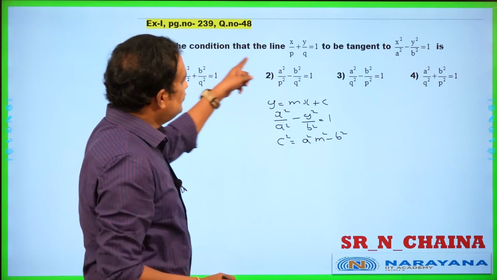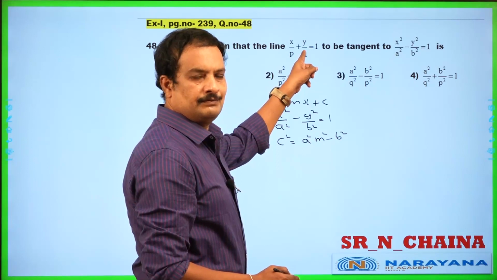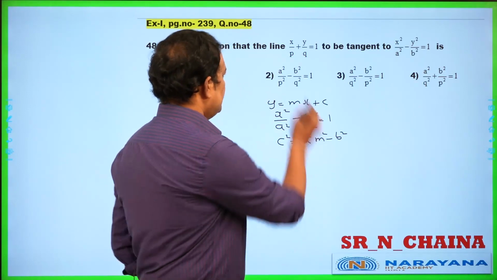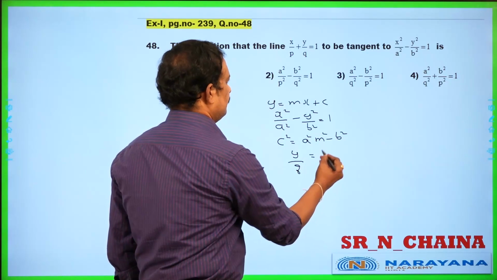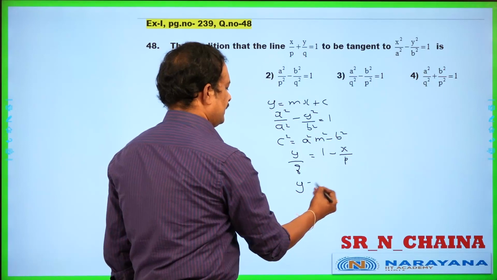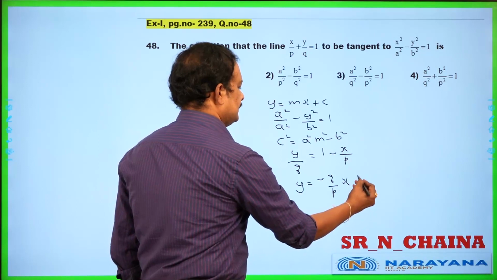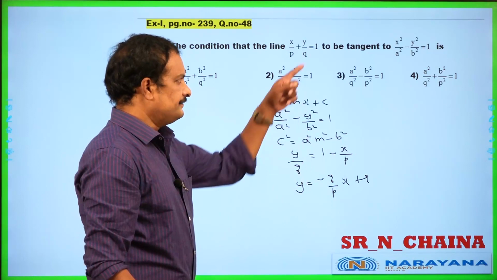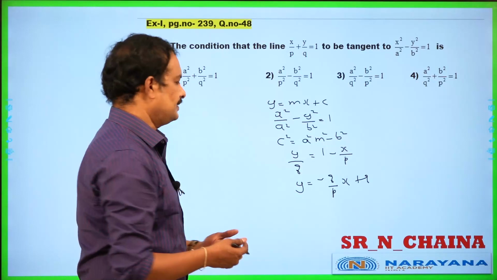Okay. So this is not in the form of y equal to mx plus c. You can always convert this one into y equal to mx plus c model. Because we know the condition of tangency here already. So let us take that equation. So y by q is equal to 1 minus, this is x by p. So when you cross multiply this one, y is equal to, this is minus q by p into the x plus q. So very clearly this is y equal to mx plus c model. It is a tangent for that hyperbola. So what is the condition of tangent c? C square equal to a square m square minus b square.